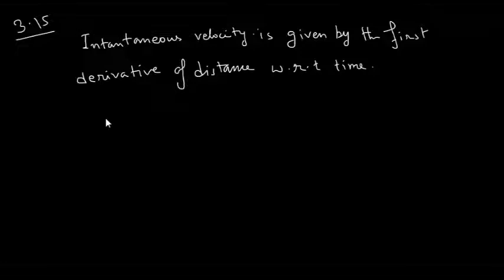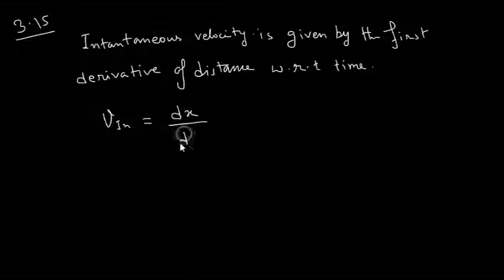That is v is equal to dx upon dt. Here the time interval dt is so small that it is assumed that the particle does not